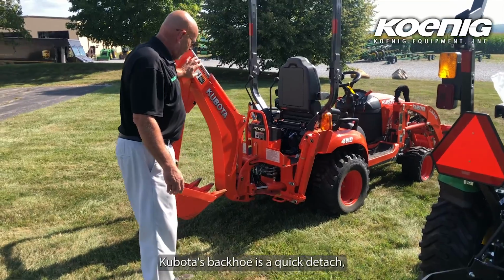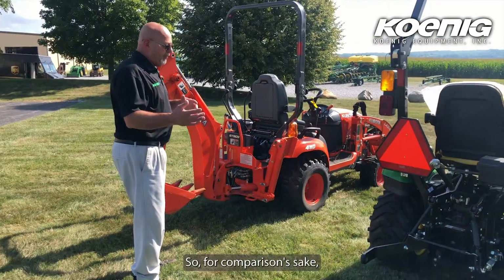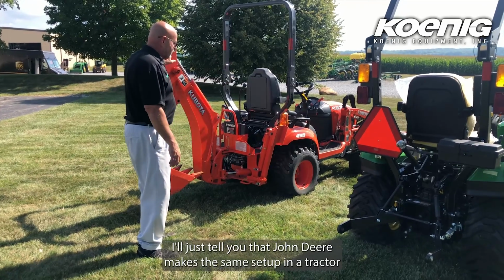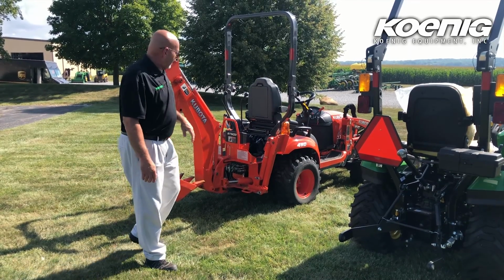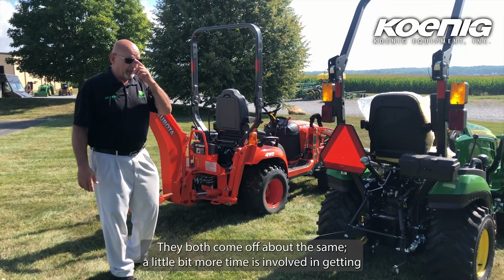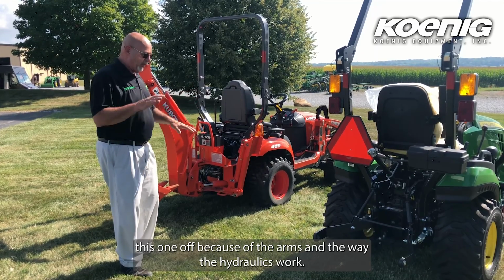Kubota's backhoe is a quick detach. So is John Deere. I don't have a backhoe on this one because I didn't have one today. So for comparison's sake, I'll just tell you that John Deere makes the same setup in a tractor loader backhoe package, just like Kubota does a tractor loader backhoe package. It is quick disconnect. John Deere's quick disconnect. They both come off about the same. A little bit more time involved in getting this one off because of the arms and the way the hydraulics